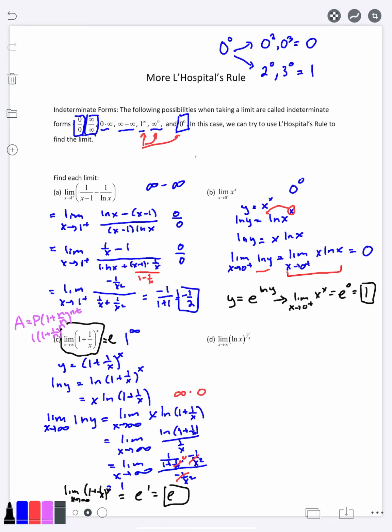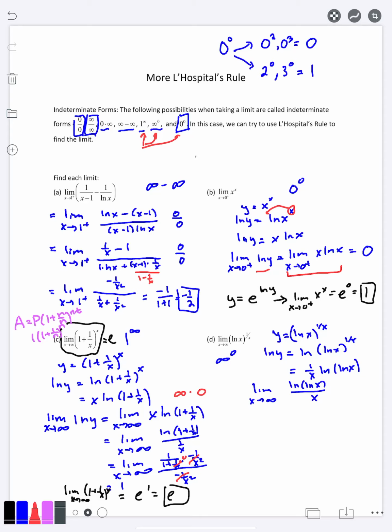One more example here. We'll go ahead and do y equals (ln x) to the 1 over x. I guess technically we should have tried it first. This would be an infinity to the 0 case. We do need to make sure that it's one of the indeterminate forms. If it is not one of the indeterminate forms, then our whole process will not work. So we apply our logarithms here, and we would get 1 over x times ln of ln x. And if we take the limit as x goes to infinity of this thing,